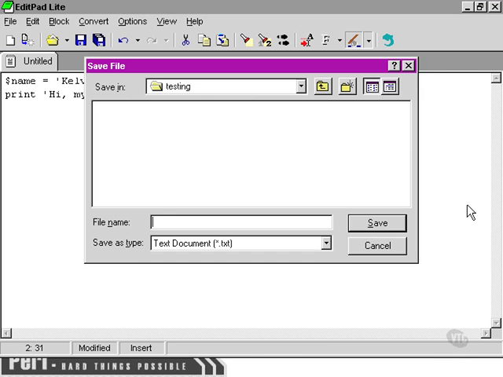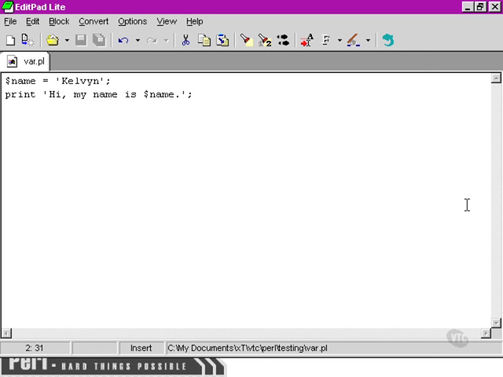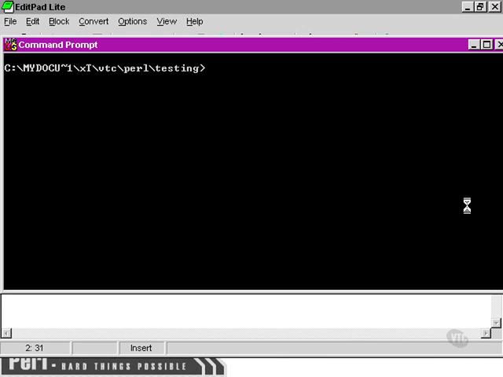We're going to call this var.pl, but you can call it whatever you want on your system. Now this script, although it looks like it should print out "hi, my name is Kelvin", is not actually going to work. Let's take a look at the command prompt here,